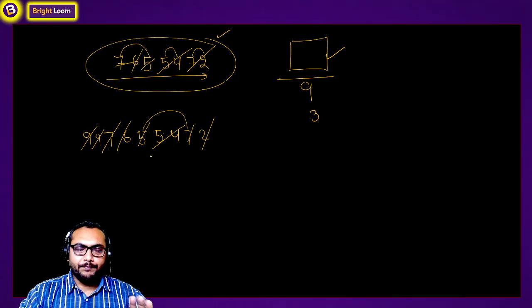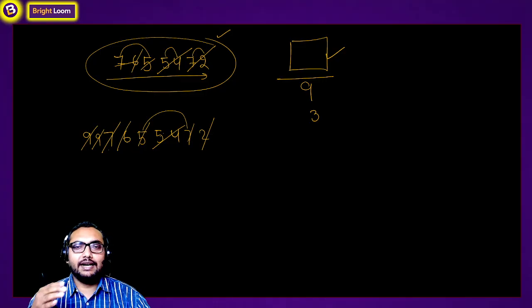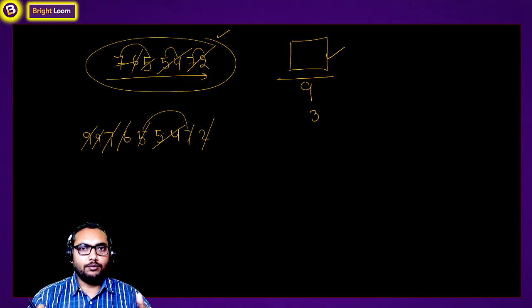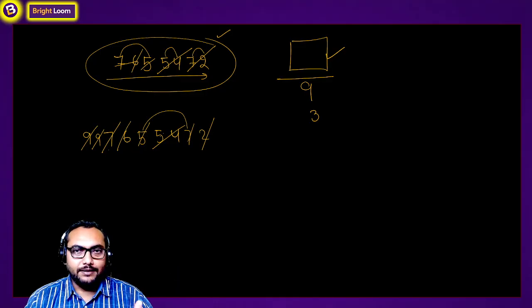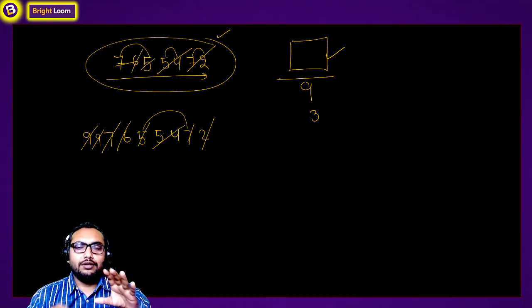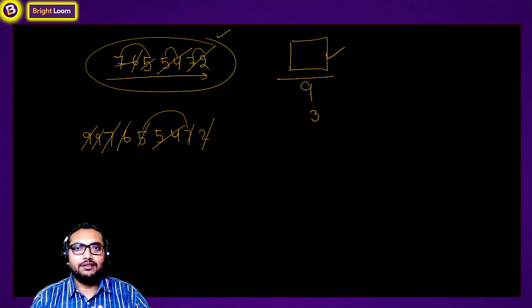Because, as I told you, every student can add 2 to 3 digits, but they have a problem when they have to add a lot of digits, I mean 8 to 9 digits together. So instead of adding all the digits, you can just divide each and every digit individually. If you are not left with any number, it means the number is completely divisible. And if you are left with any digit or any remainder, obviously the number is not divisible by 3.